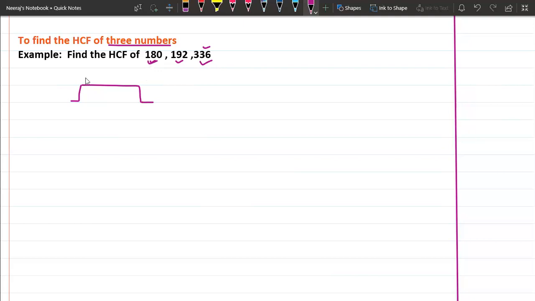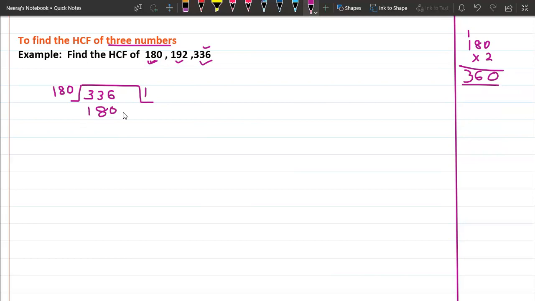So 180 is a smaller number, so we will write it as a divisor. It means that we have to write it outside the bracket, and 336 is the dividend because it's a bigger number, so we will write it inside the bracket. Now we have to divide these two numbers. So 180, let's check with the number 2. If you multiply 180 by 2, 2 zeros are 0, 2 8s are 16, 2 1s are 2, and 360 is coming. And it is bigger than 336. We cannot divide by 2, so we'll divide by 1. 180 ones are 180.